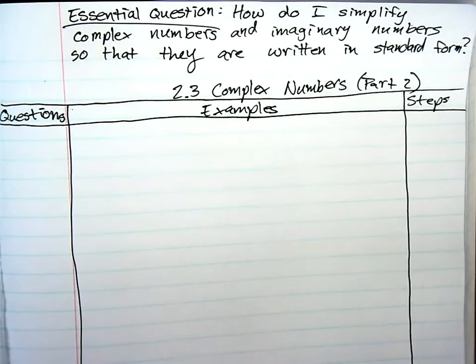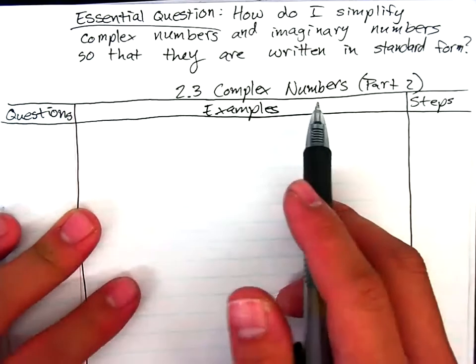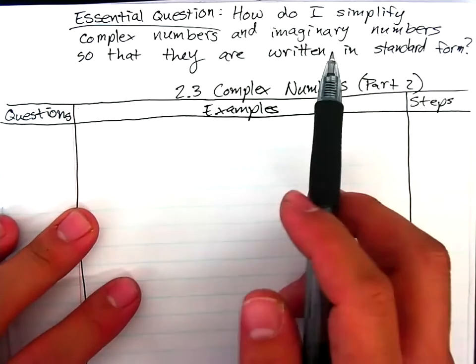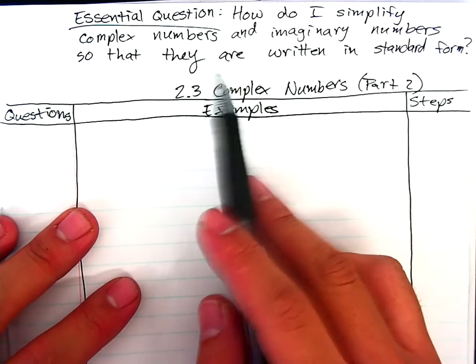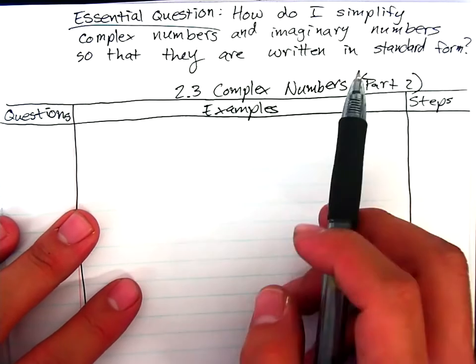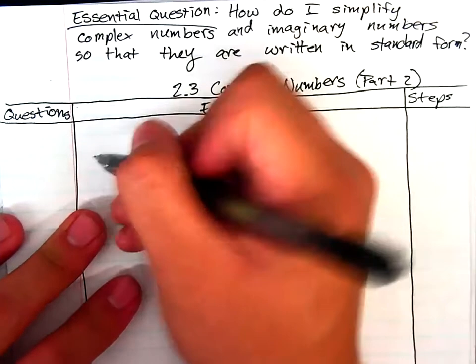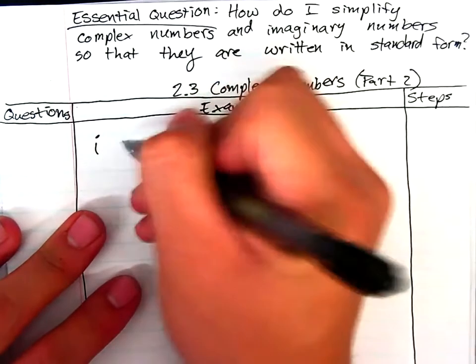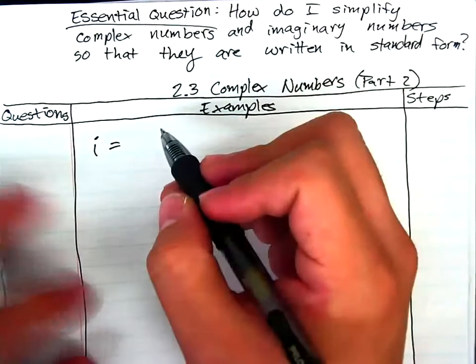Everyone, welcome back. We're going to finish off 2.3 today. So 2.3, complex numbers, part 2. The essential question is, how do I simplify complex numbers and imaginary numbers so that they are written in standard form? First thing I actually want to review is yesterday, over the weekend, we talked about how